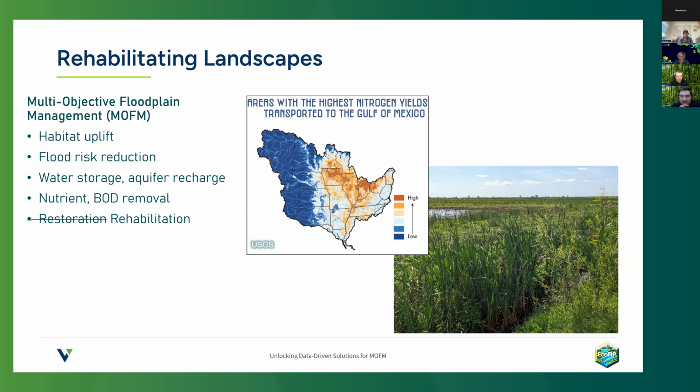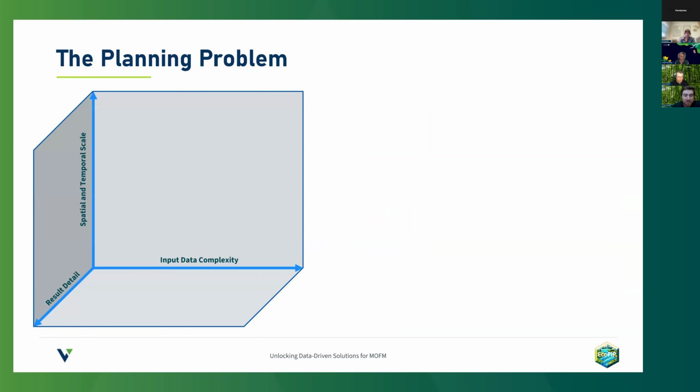And all of this gets at this idea of landscape rehabilitation, where we might not be able to restore a lot of these areas to some kind of historical condition, based on patterns of human settlement and the realities of our modern lives. But we're able to try to find optimal solutions that both continue to support our human populations as well as the ecosystems and environment that supports us.